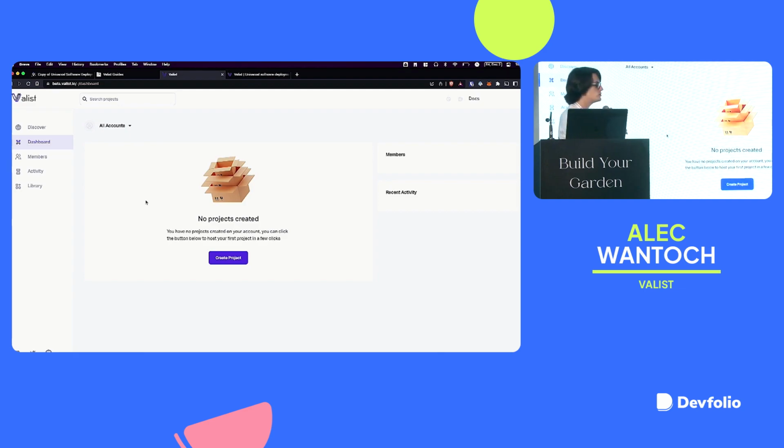And then the ability to also publish to different targets is coming as well. By default, everything is being published over the Valist protocol, but we're also enabling automatic ways to then publish to these other app stores as well. So you basically get the best of both worlds there. If someone is already using these app stores, which we all are, right? They can download your app from there.